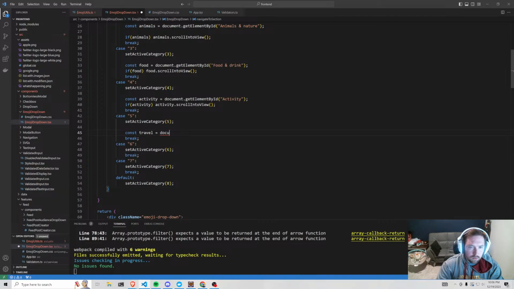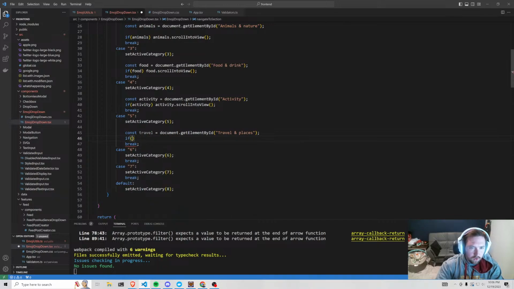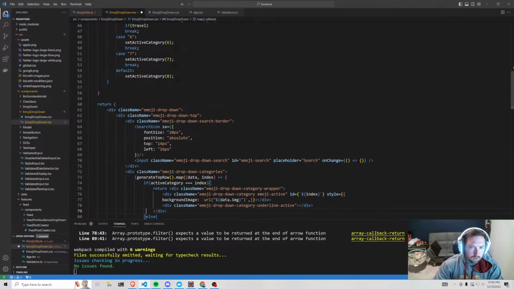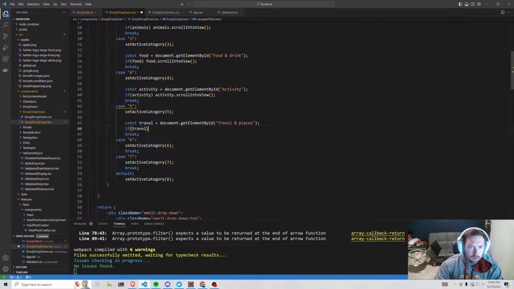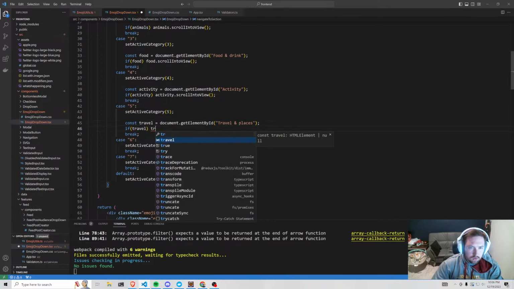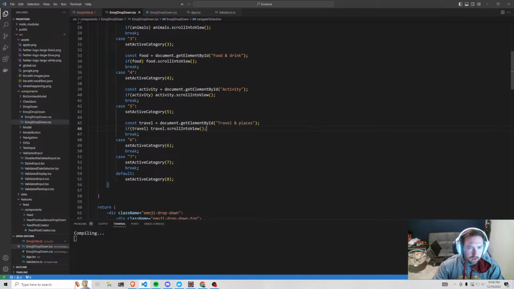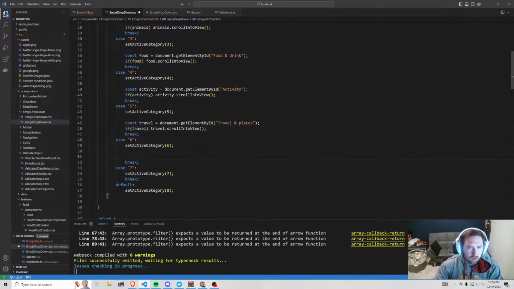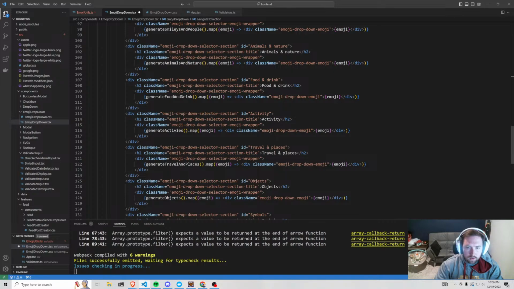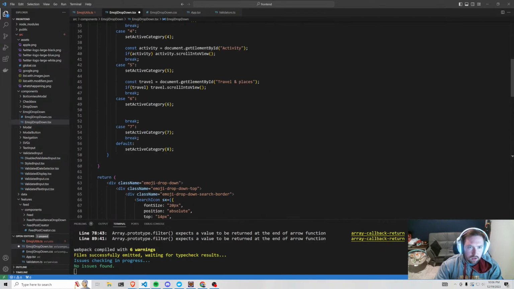Whoops, I spelled document wrong. Document dot getElementById. We'll get by travel and places, and then we'll say if travel, travel dot scrollIntoView, and save that. And we have a couple more. Finally, we have after travel, we have objects, copy objects, and then we'll say